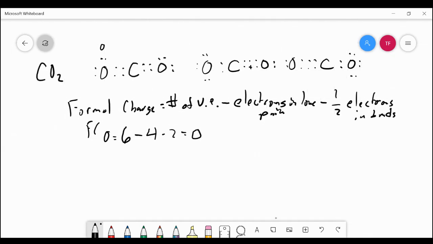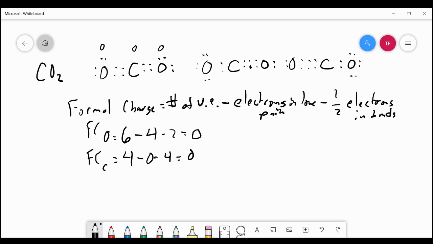Now let's do the carbon atom in the middle. The formal charge of the carbon atom in the middle. Carbon has 4 valence electrons. There are no electrons in lone pairs on that carbon atom. And there are 2, 4, 6, 8 electrons in bonds. So we're going to take half of that, which is 4, which gives us a formal charge of 0. Let's look at the other oxygen atom. The last oxygen atom is exactly the same as the first oxygen atom, so it has the same formal charge,